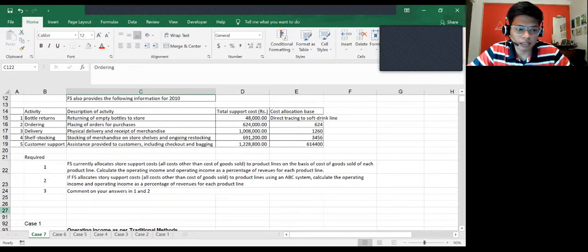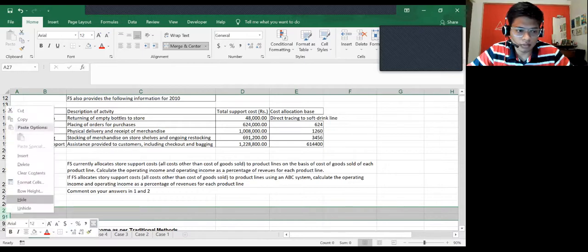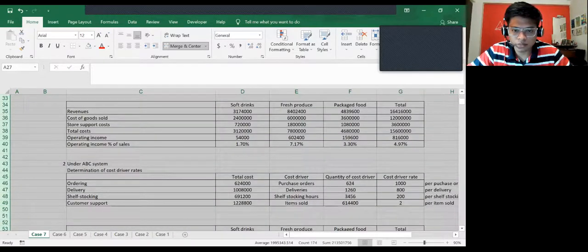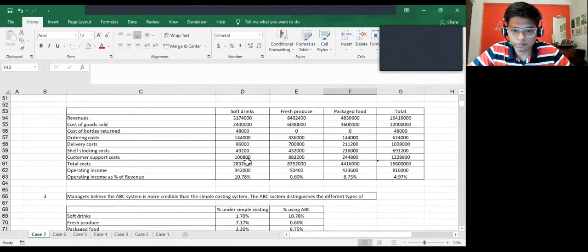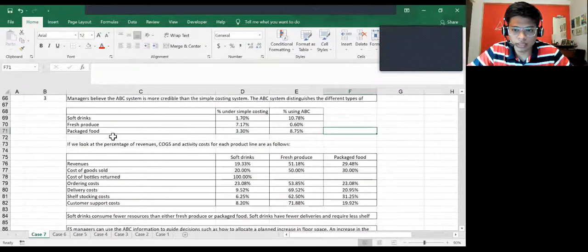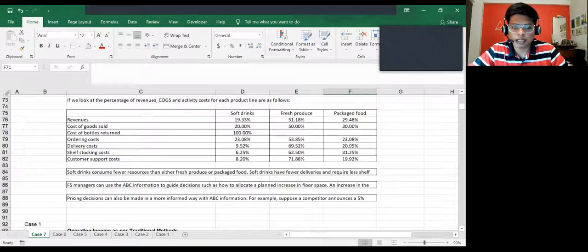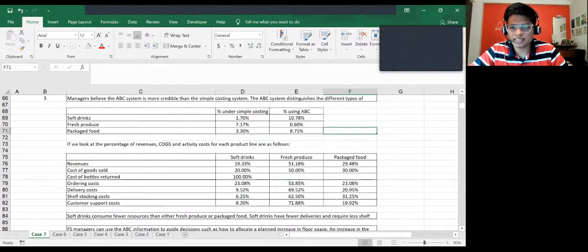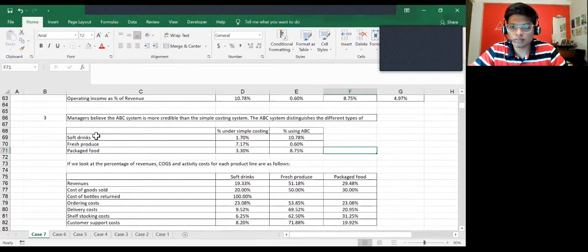I'm not going into that because I've already taken a lot of time to explain this, and I'll just unhide this. Sir has also given the same solution, and you can see it's the same thing. So you can read this up. I'll give you 2 seconds to pause the video and read it here itself, so you don't have to open the thing. I hope you guys have read this. It's really easy, so I'm not going into it. I don't think you have to write this much in the exam, because this is more of an analysis thing. You can just write these points and this point.